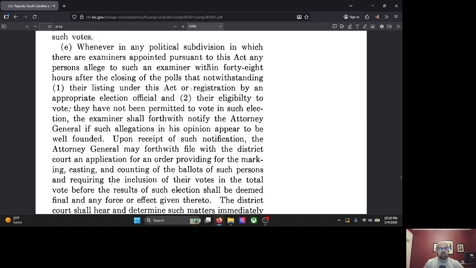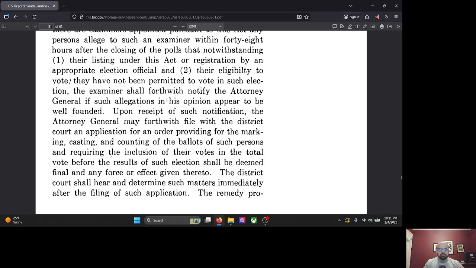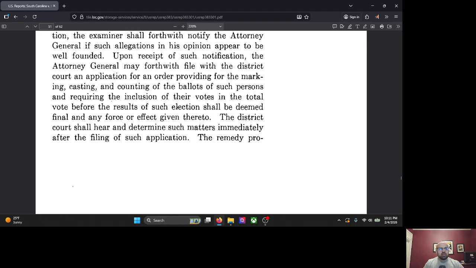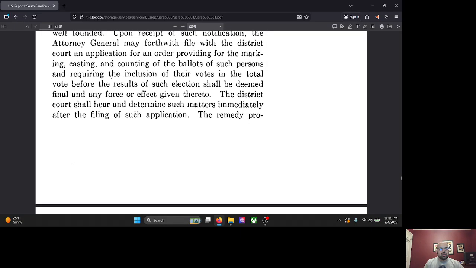Their listing under this act or registration by an appropriate election official, and 2. Their eligibility to vote, they have not been permitted to vote in such election, the examiner shall forthwith notify the Attorney General if such allegations in his opinion appear to be well founded. Upon receipt of such notification, the Attorney General may forthwith file with the District Court an application for an order providing for the marking, casting, and counting of the ballots of such persons, and requiring the inclusion of their votes in the total vote before the results of such election shall be deemed final, and any force or effect given